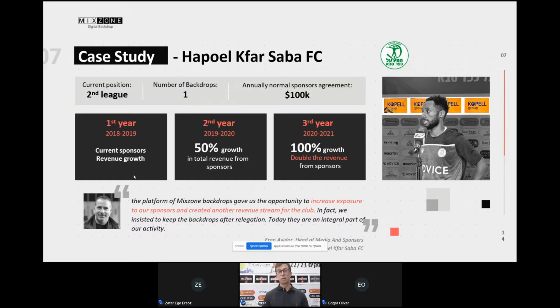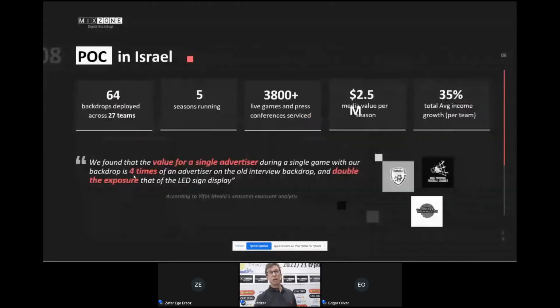Everyone wants to be on these backdrops because they know the exposure that they can gain. I'm sure that if you open any Israeli sport website, on one of the front pages, you will see interviews, you will see pictures. And I think that is one of the key points that we have.